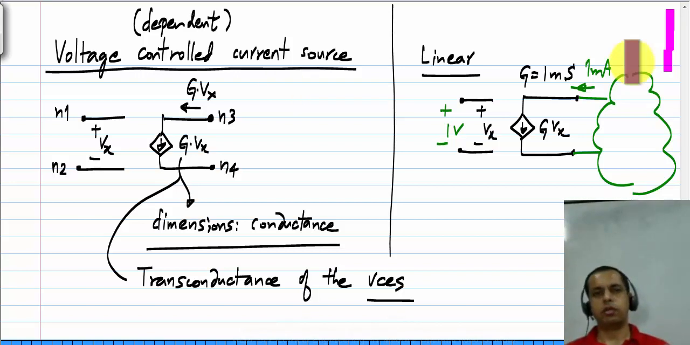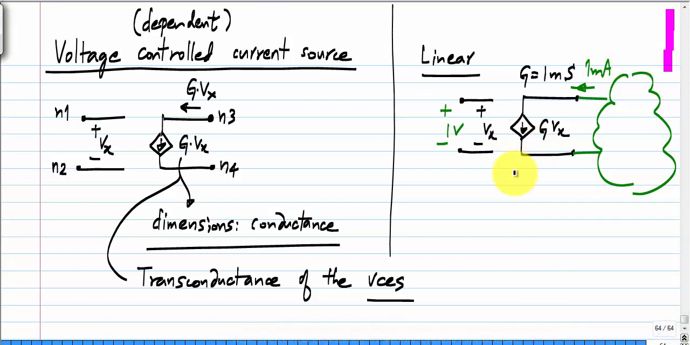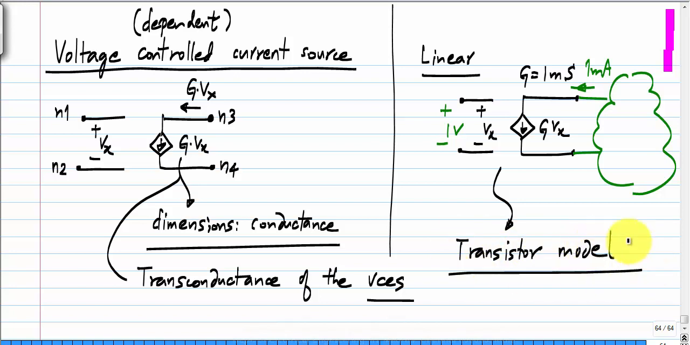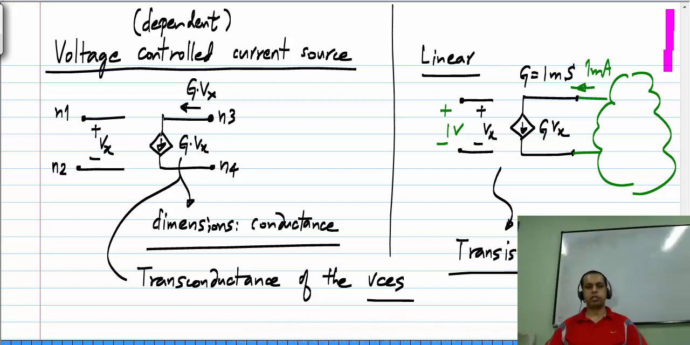Again, this voltage controlled current source does not correspond to a physical element like a resistor, but it's a model for something, and it turns out that a voltage controlled current source is a good model for many active devices such as the transistor. We won't be discussing that here, but later when you come to transistors, you will see that the behavior of the transistor under certain conditions is well modeled by a voltage controlled